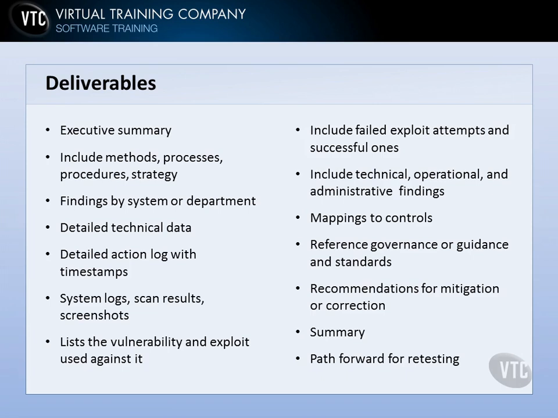So you may not list all of your particular methods. You may not put your secret sauce recipe in here, for example, as how you actually did something, because you own that process. So only put it in there to the extent that the company requires. You definitely are going to be putting findings in the report, and these may be by system, categorized by system